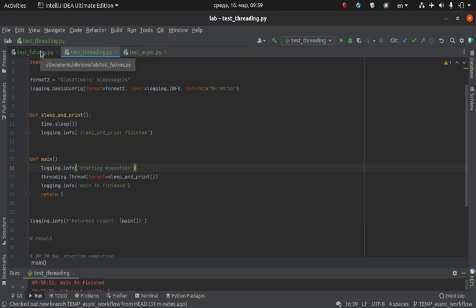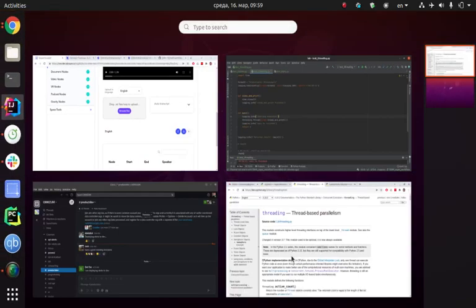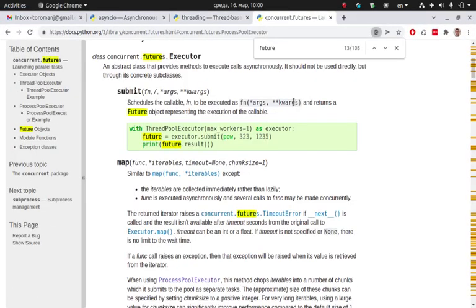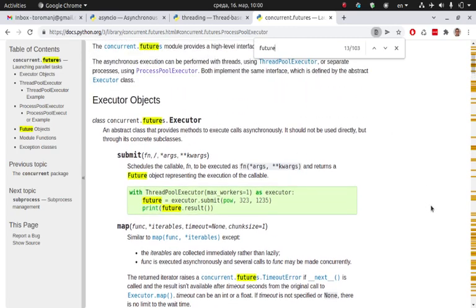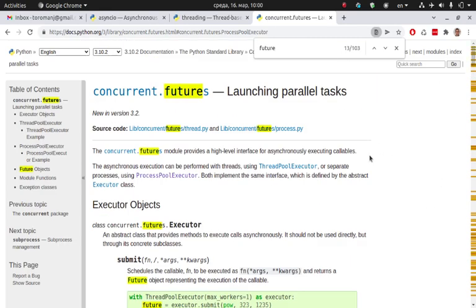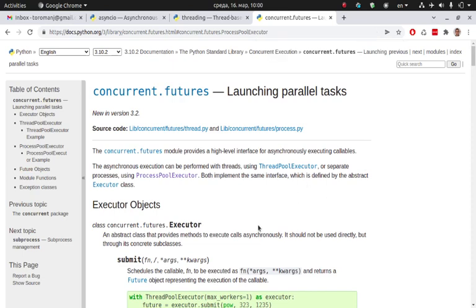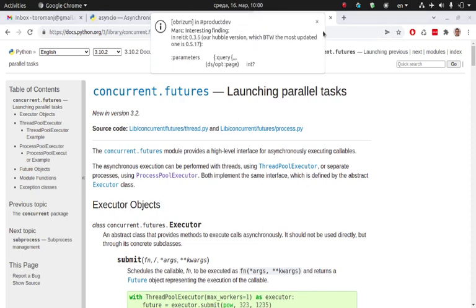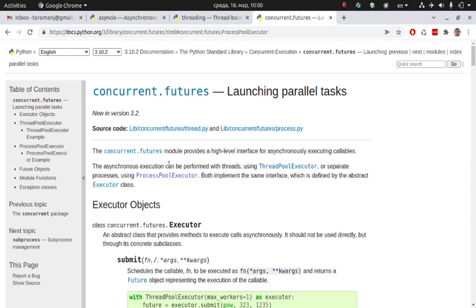And finally, the approach that I found that matches our use case the most is using futures. Futures, it's in the module concurrent.futures, which implies that it's a module used to handle concurrent programming. So, multiple clients trying to access one resource,